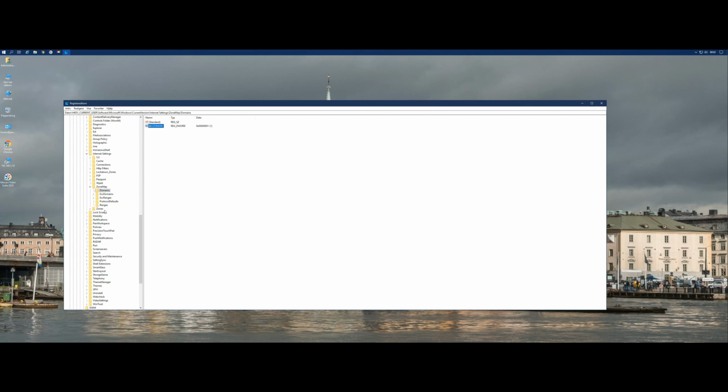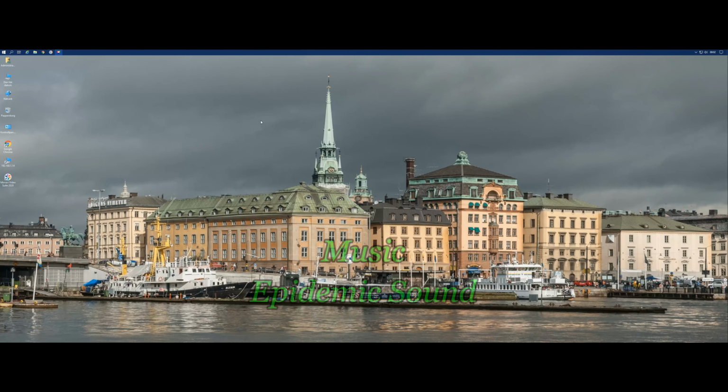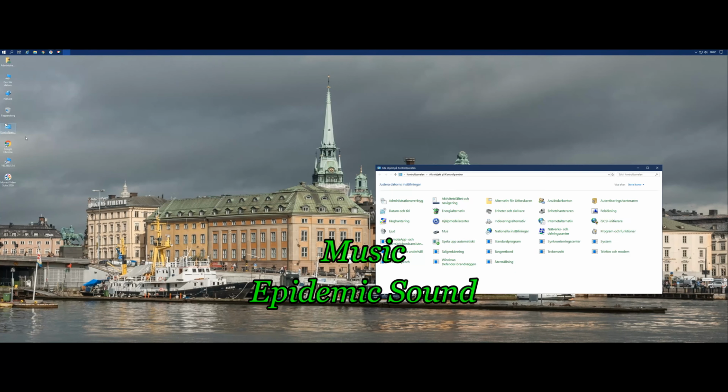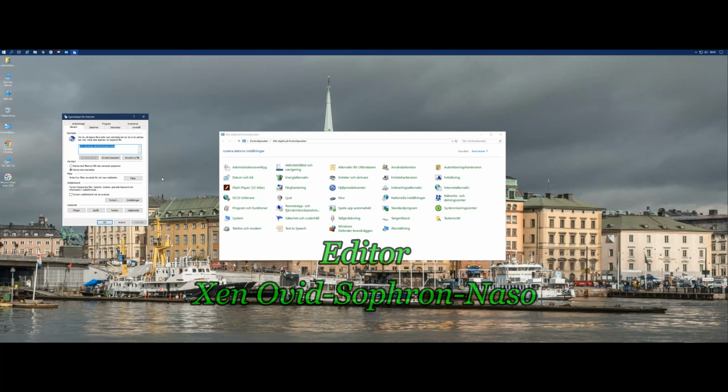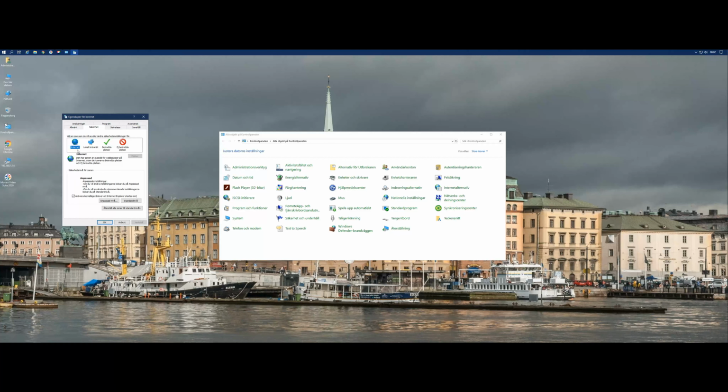And then that's basically it. I then escape out of that. I then went here into the control panel and open up your internet settings for the Internet Explorer, go to security,